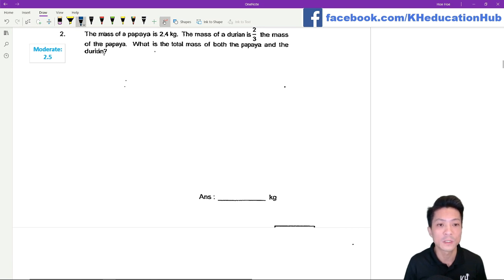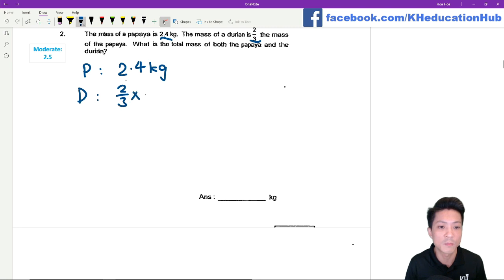Question 2. The mass of a papaya is 2.4 kg. The mass of a durian is 2/3 the mass of the papaya. So what is the total mass of both the papaya and the durian? The papaya is 2.4 kg, right? The mass of the durian is 2/3 the mass of the papaya, which means I need to